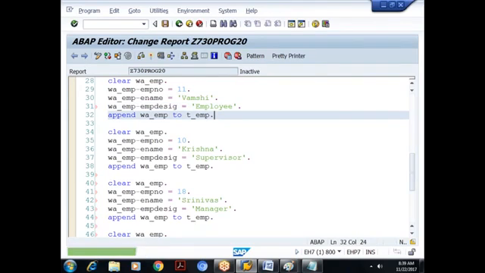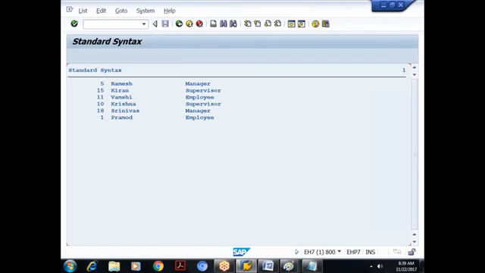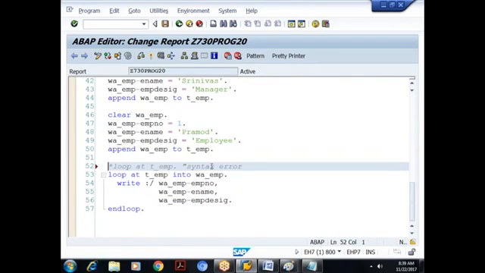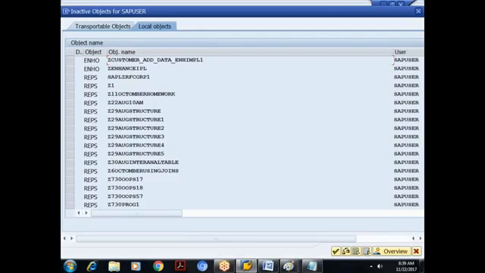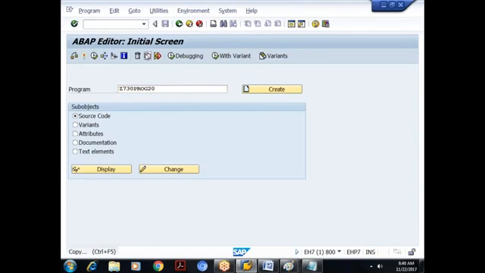So when I execute this, I got the data. We got some 6 records. Is it clear? We got 6 records. Now, my next requirement is, let me do it in the same program, or else let me do it in the next program. Okay, I'll just copy this 20 to 21.